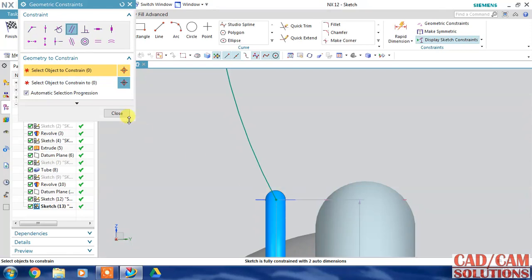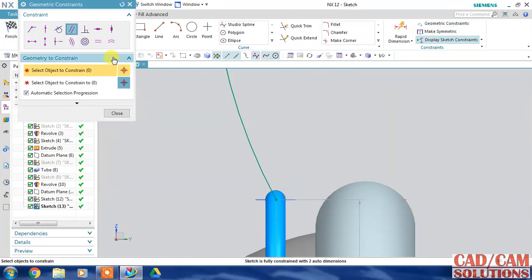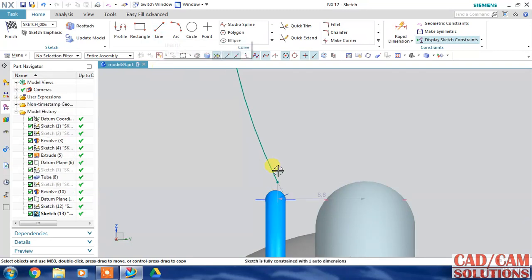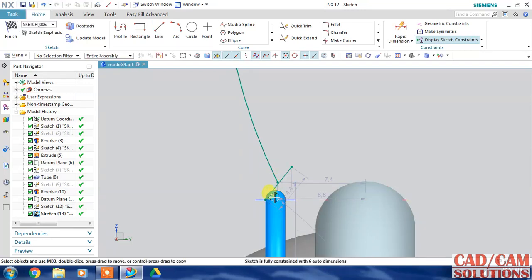First I choose this and then this, and I will go there and concentrate. It is not highlighting here, so I have to draw a line. So first draw a line, or you can see